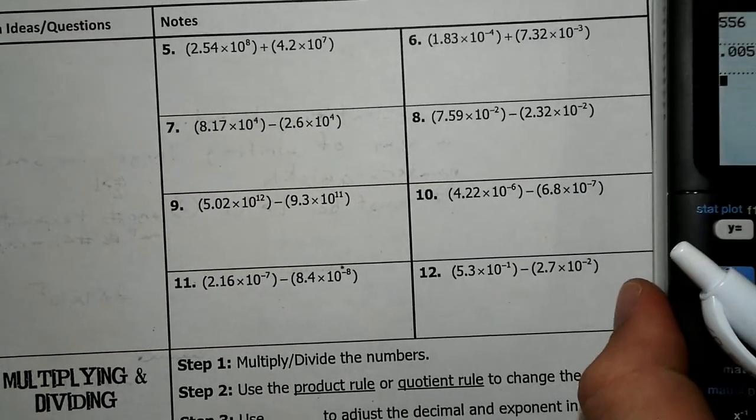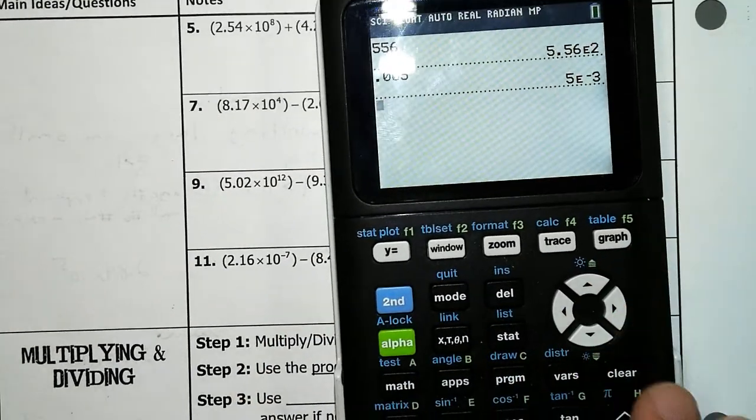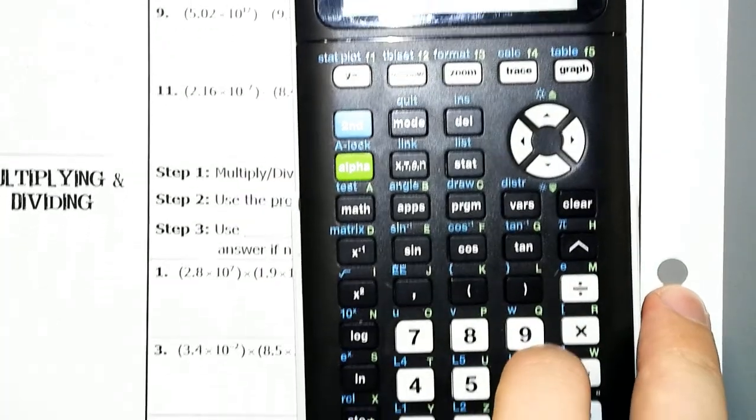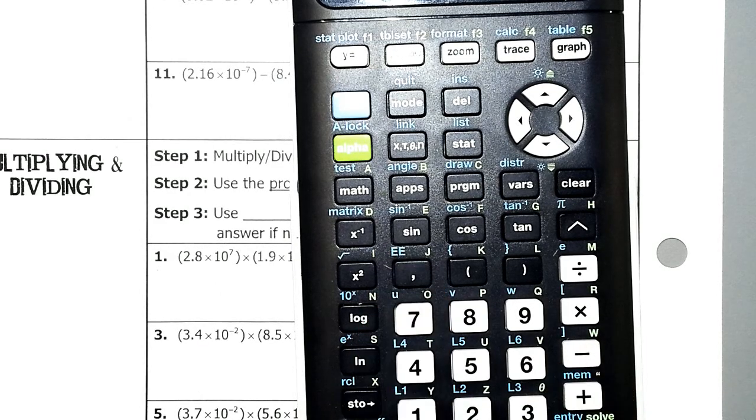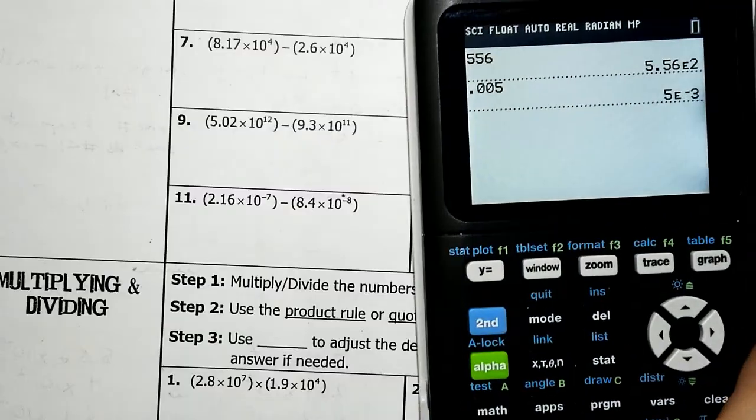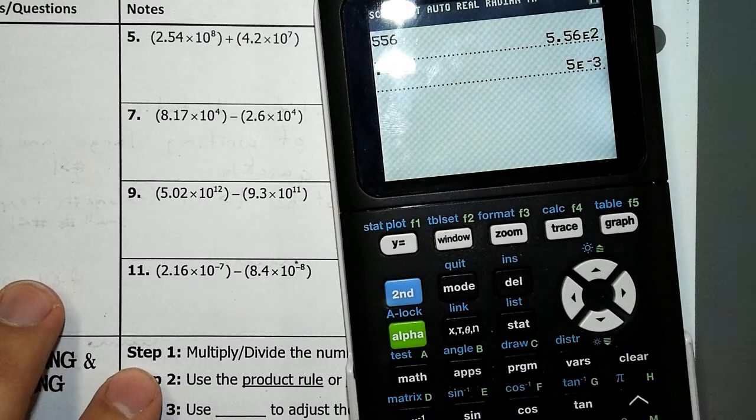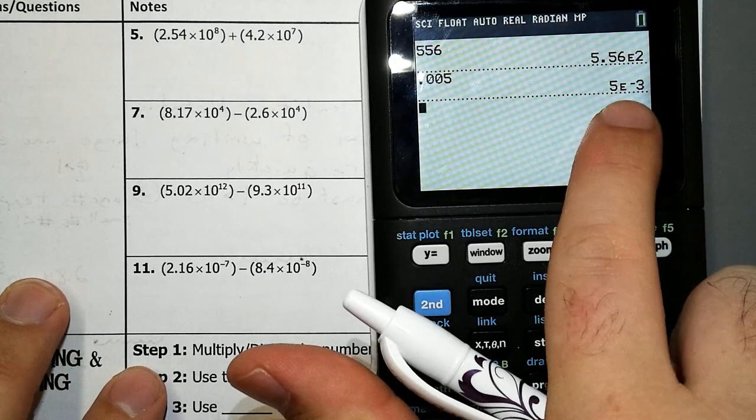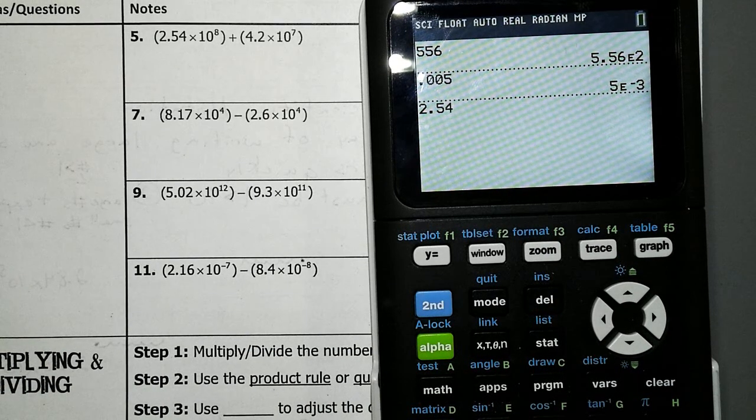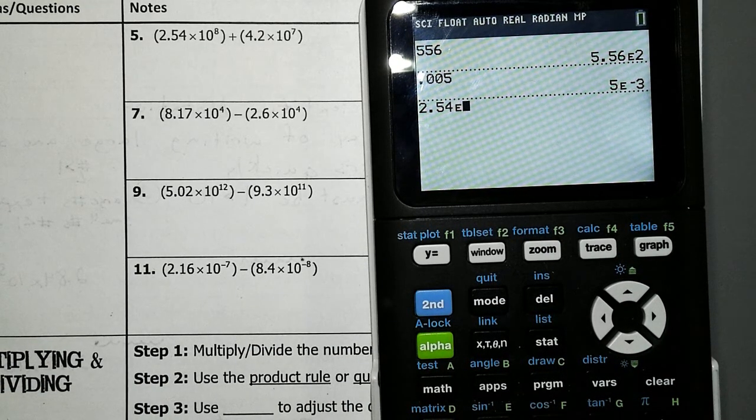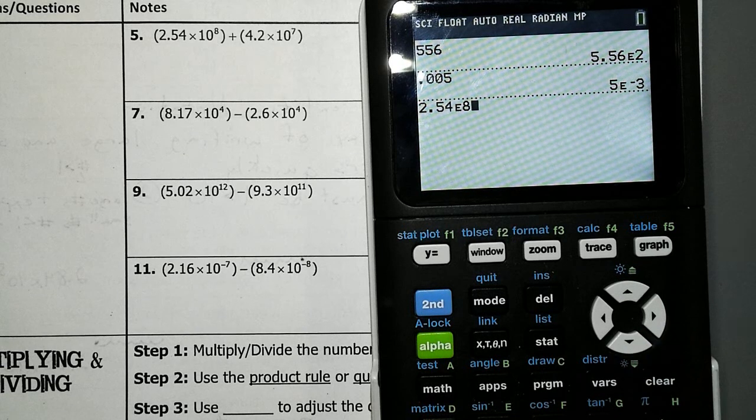Now, if we type this in exactly, how do we put in that e? Well, you see the double capital E? That stands for the exponent value of 10 for scientific notation. I don't know why they use a double E, but they use a single E here. So let's try this. 2.54 times 10 to the 8th plus,